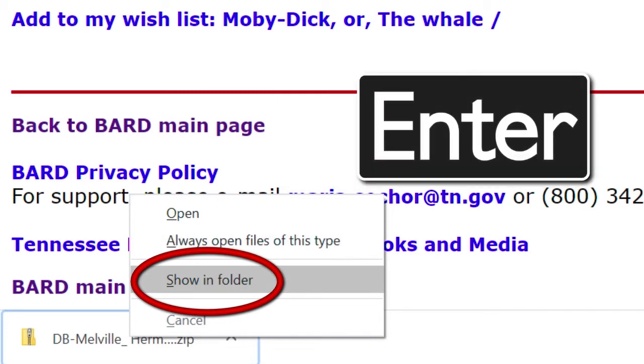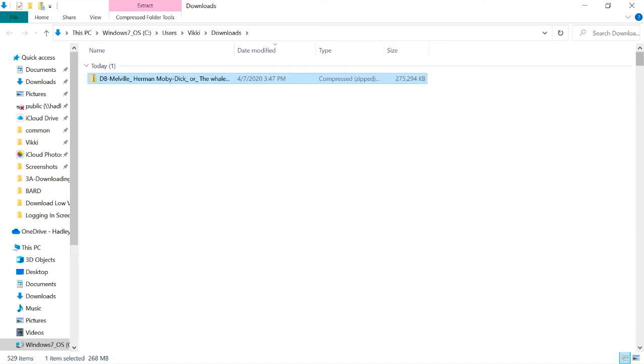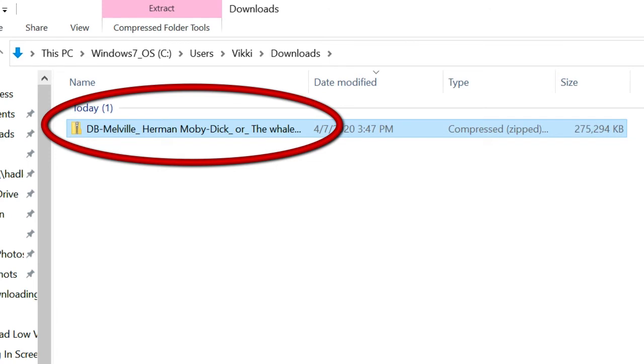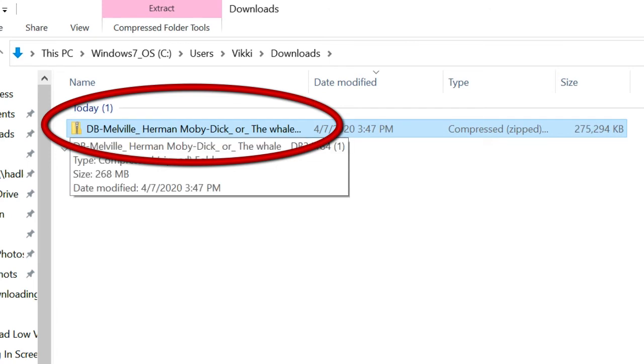Let's press Enter to select this option. Downloads window. We've opened our Downloads folder, the default destination folder for downloaded books. Our book is selected. DB Melville Herman Moby Dick or the Whale DB